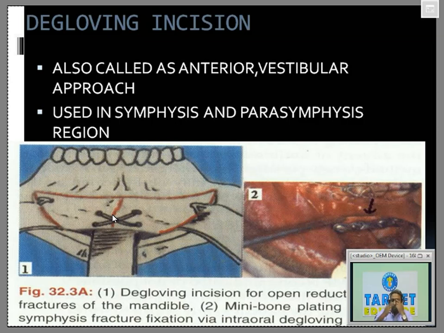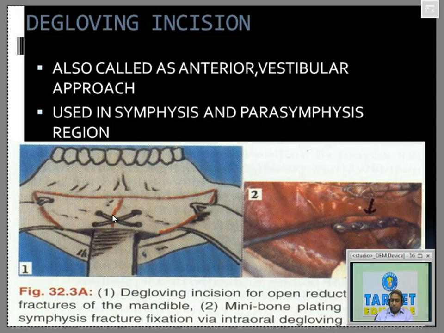There are Y-shaped plates which can be used for frontonasal suture fracture. We have orbita shaped plate which can be used for fractures of the infraorbital rim. And there are 4-hole with gap plates, and there are condylar neck fracture plates. So there are various types of plates which are available, and the latest plating system which is used is biologically